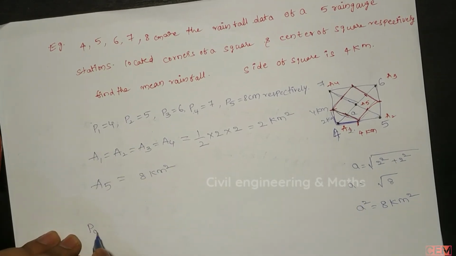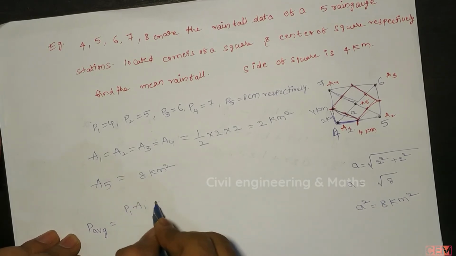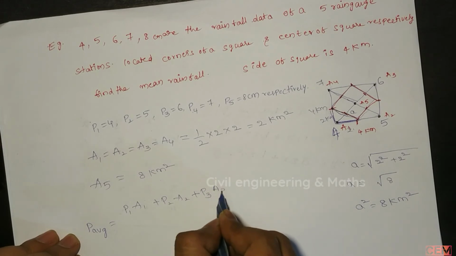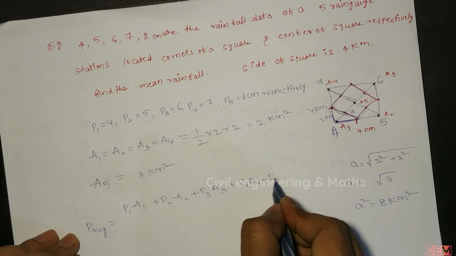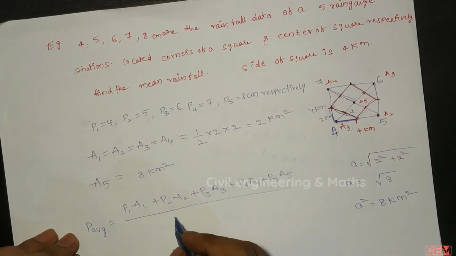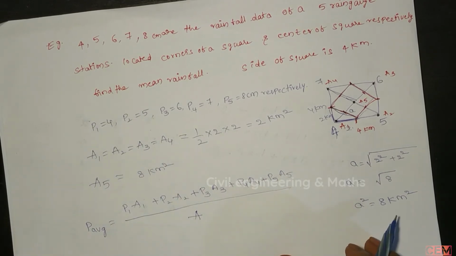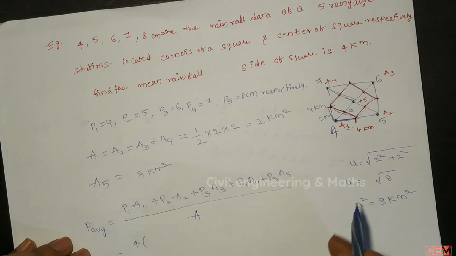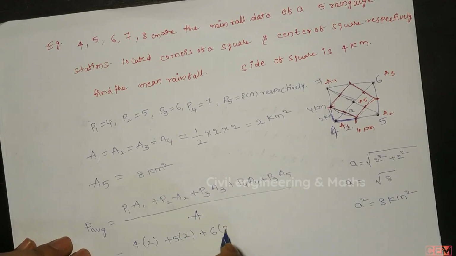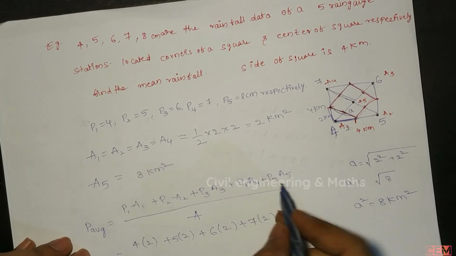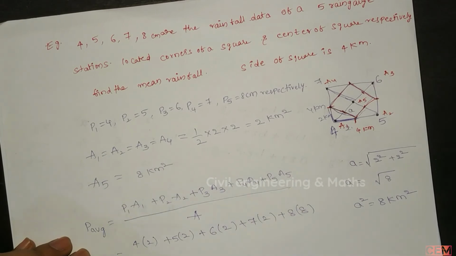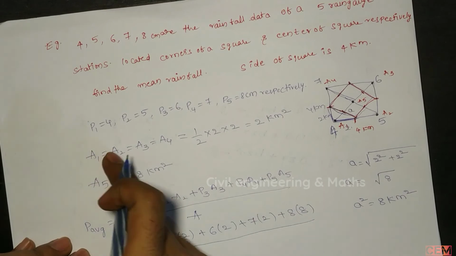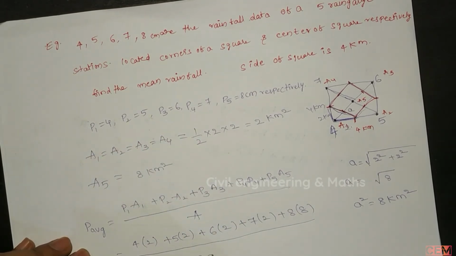So P average equal to P1 into A1 plus P2 into A2 plus P3 into A3 plus P4 into A4 plus P5 into A5, divided by the total area A. Which means 4 into A1, which is 2, plus 5 into 2, plus 6 into 2, plus 7 into 2, plus P5 which is 8 into A5 which is 8, divided by the sum of the areas, which is 2 plus 2 plus 2 plus 2 plus